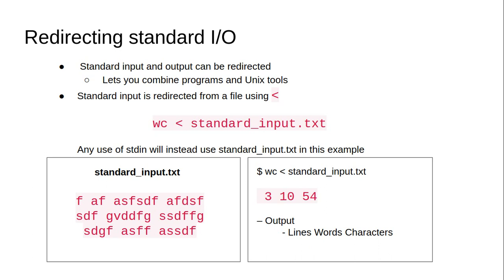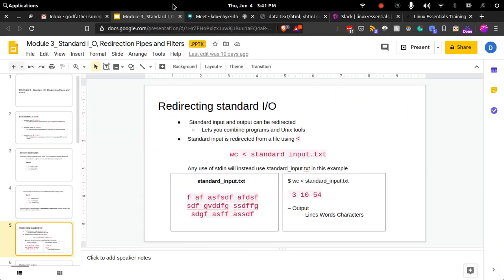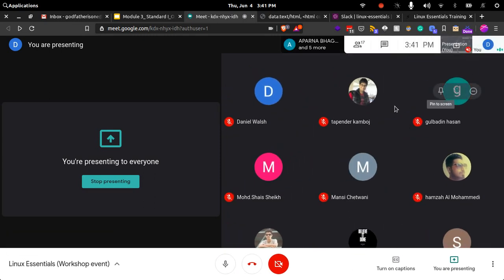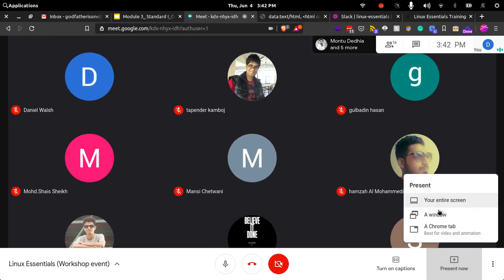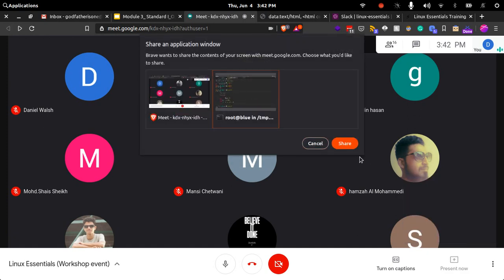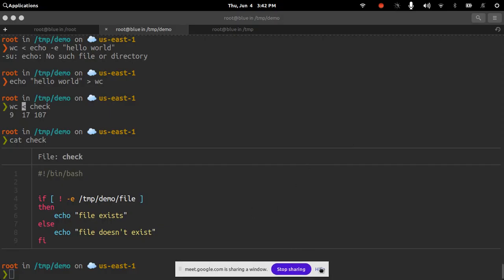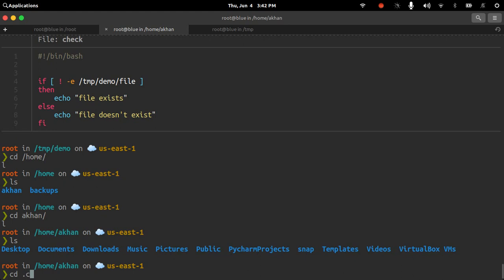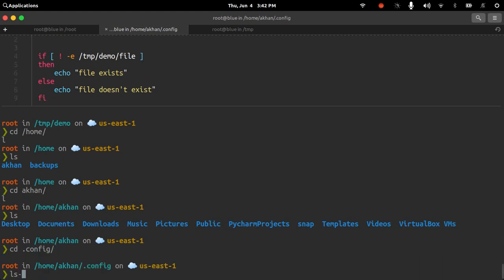Yeah, Aparna has a question. When we delete any file in Windows, it goes to the recycle bin. What about Linux? In Linux also you have a trash folder which is created for every user in their home directory. If it is configured to capture deleted files, you would see a trash folder where all the deleted files are stored. So if I go to home, and Akhan is the user, now if I go to /config,